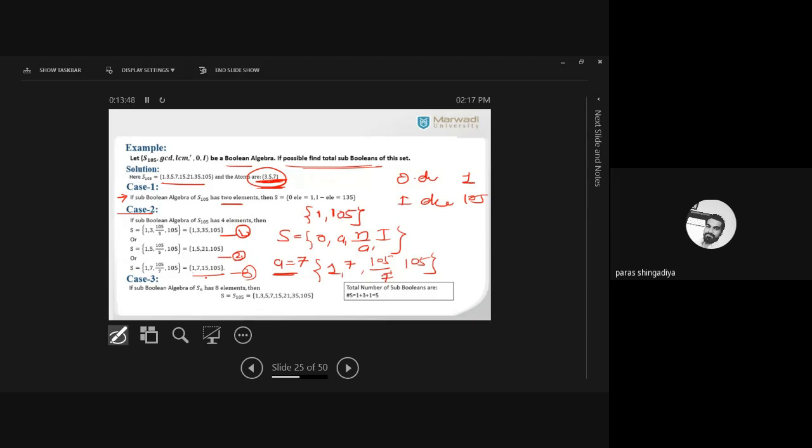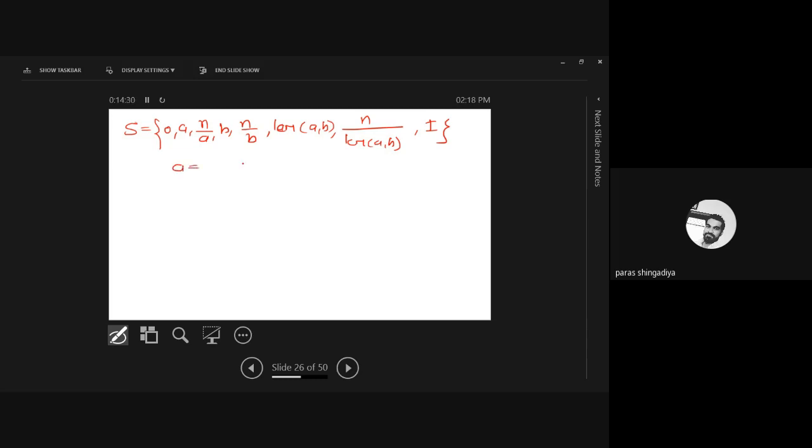So let's check case number 3, and that will check the answer of sub-Boolean algebra, which includes the 8 elements. So here I considered a direct answer, but let's use the formula and check how we can get it. So what is the formula in case 3, which includes the 8 elements? So S is equal to 0 element, then after A, n by A, okay, B, n by B, that is up to this step. Then after take LCM of AB, okay. Then the next step is n upon LCM of AB, and the last term is I, okay, where A and B are any two atoms, okay.